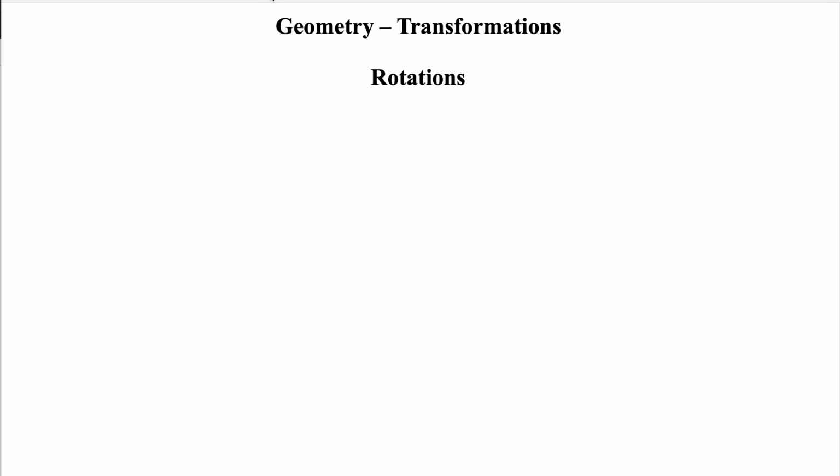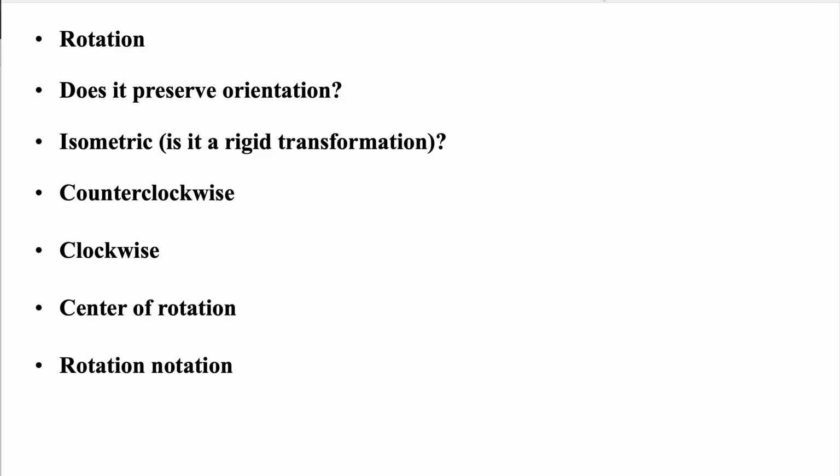So the next transformation we're going to talk about are something called rotations. Now, rotation is something where we're rotating the object, kind of like a wagon wheel or the hub of a wheel, around something. So if you think of it, we're going to have a center of rotation, and when we're rotating an object, we're kind of rotating it from one point at a fixed distance to another point,